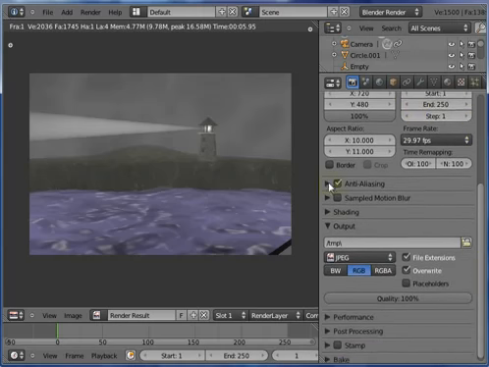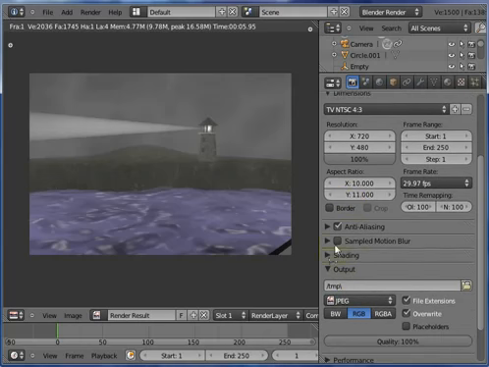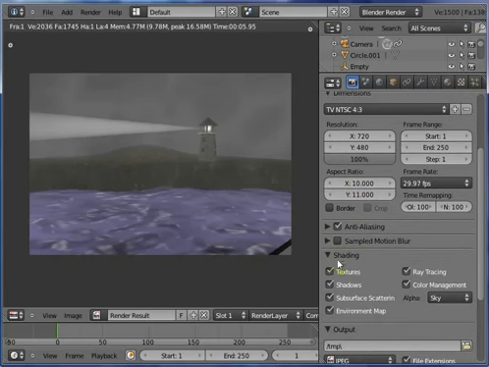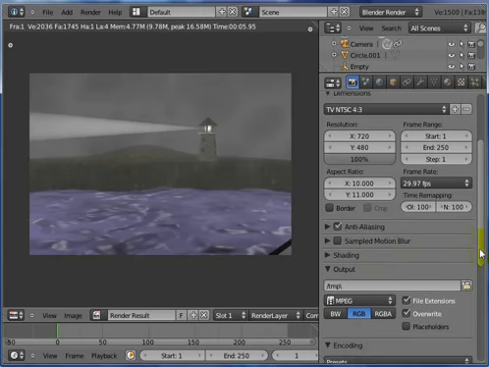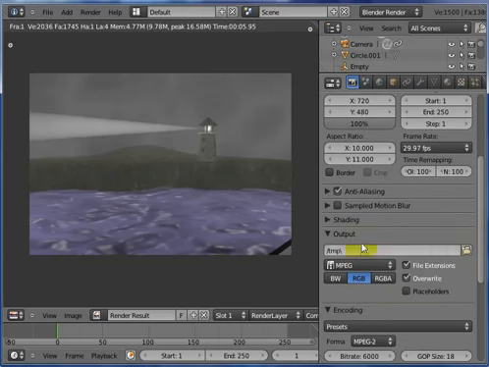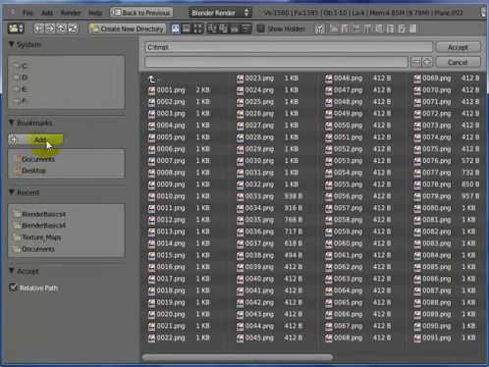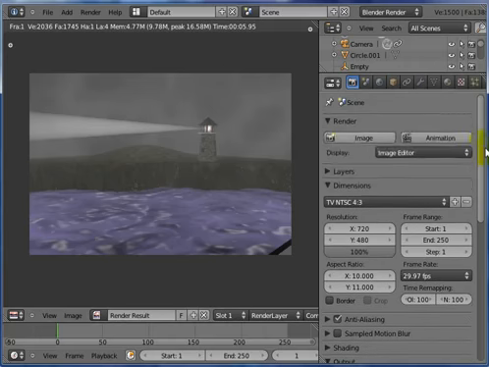Scroll down through here, make sure you have your anti-aliasing on. Make sure you have all of these settings on that you want to have on. Everything that you need with ray tracing and everything like that. You probably want to set this to an MPEG. You may want to go down to encoding and make sure you press DVD, and then tell it where to save the movie here, otherwise it won't know where to put it. So click on the little file folder. You would go out to wherever you would want to save a movie, say test.mpg for an MPEG movie, and then you would just need to go back up to the top and hit